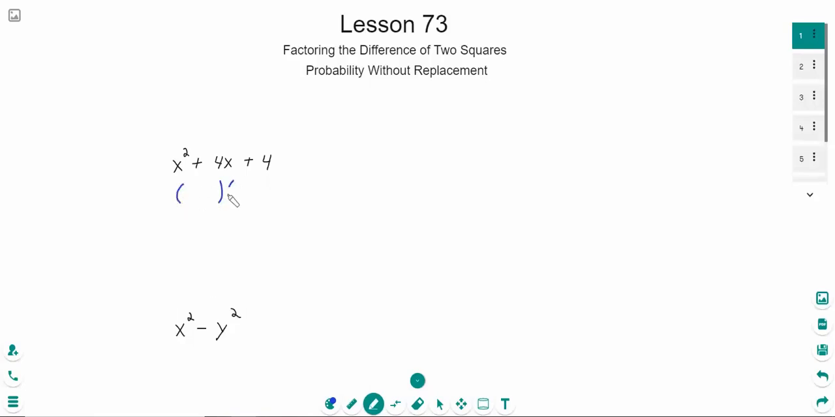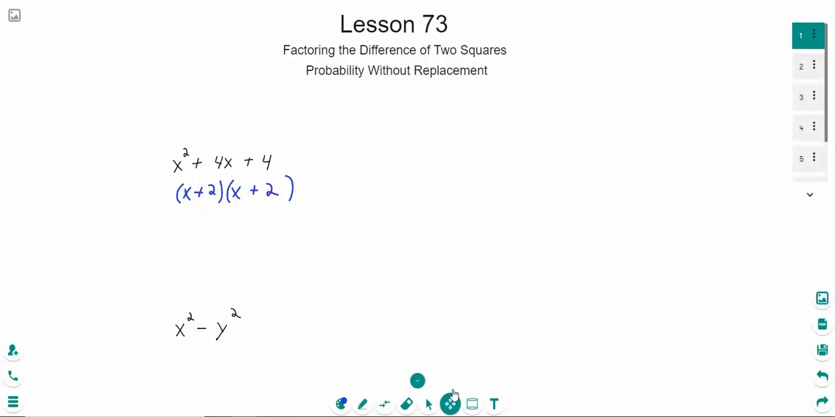All right, so we do our set of parentheses and we do our x's. And in this case, we have a positive sign, so they're both going to be positive. And we have a 2 and a 2. And we end up with x plus 2 times x plus 2. Okay, that's, again, something that we've been doing for a very long time now, and we should just be doing these in our sleep. We're going to move on, though, today, and we're going to look at a different scenario,